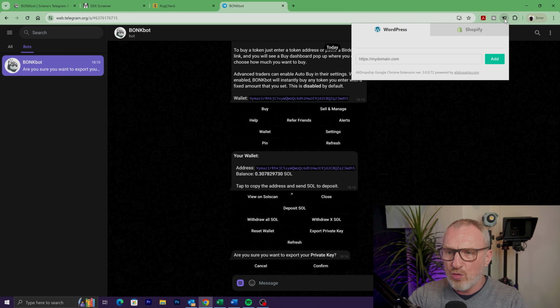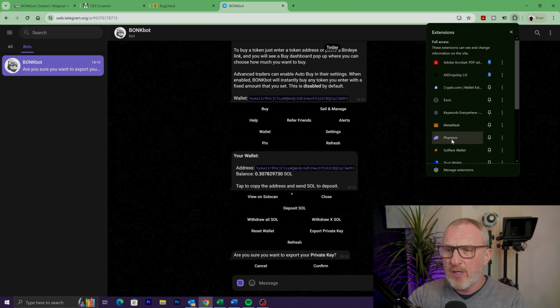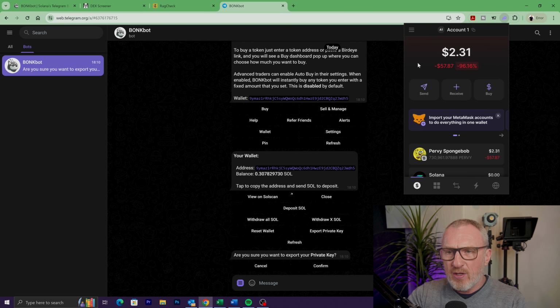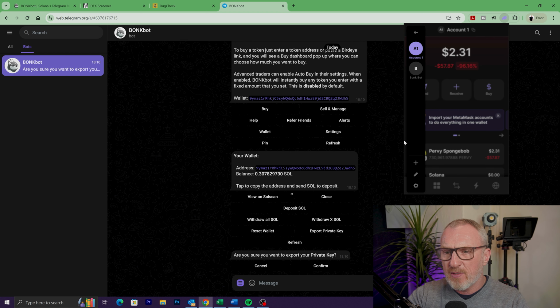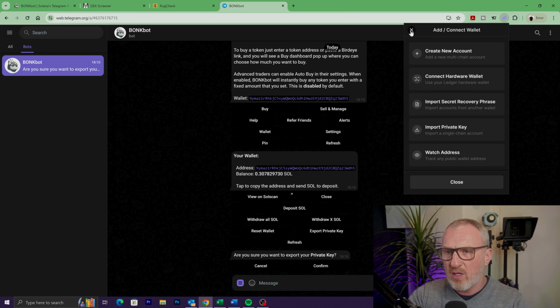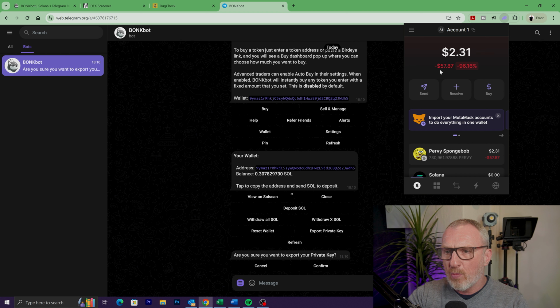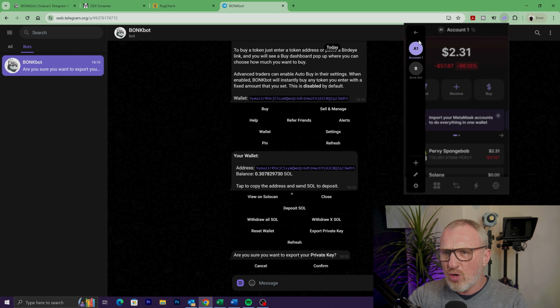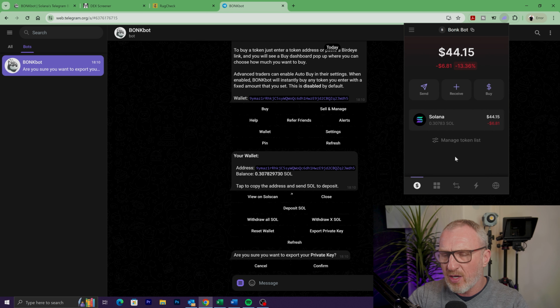And then if you come to your wallet, Phantom or Solflare, then you can import that by clicking the three lines, clicking on plus, import private key, and paste your private key, and obviously give it a name. And as you can see up here, I've got my Bonk Bot wallet here. Sorry, that's my Phantom wallet, and then I've got a Bonk Bot wallet here as well. That's it. Once you've created that wallet, obviously you need to send funds to that wallet.